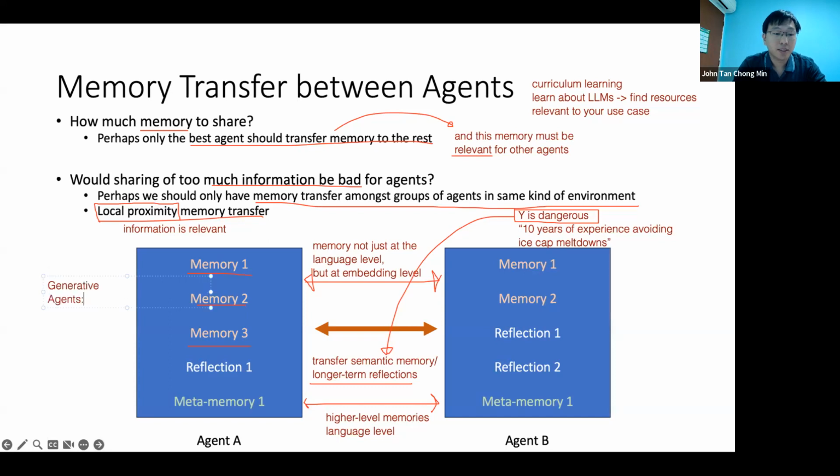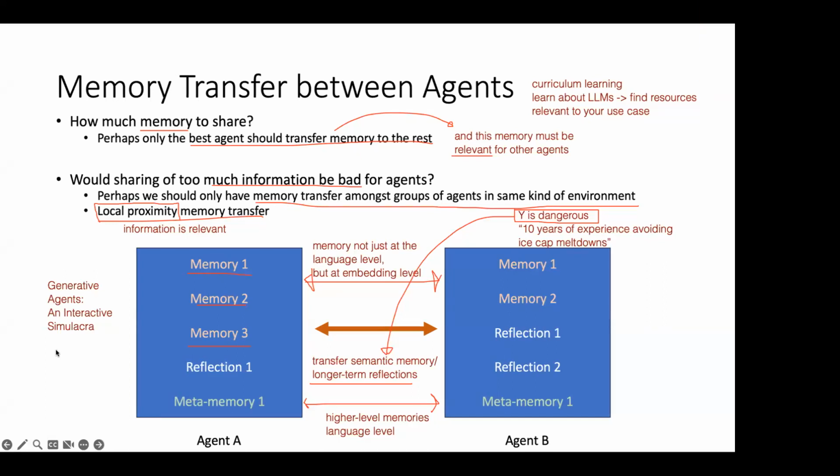For those who don't know, it is the sandbox environment where they simulated 25 agents in a town, and then one of the agents wants to host a Valentine party, and then they go and talk to one another and they spread information locally. That was a great paper. I loved it. And one of the things in there that was really great, since you talked about emotion earlier, was they talk about